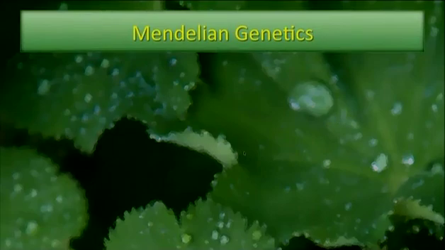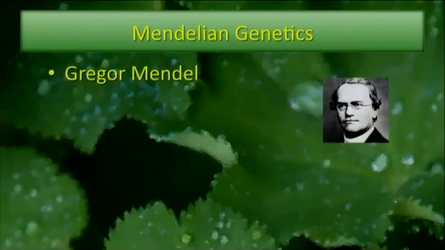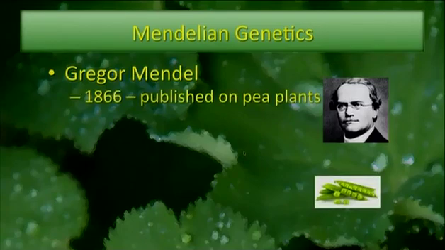Now we're going to turn to Mendelian genetics. Genetics actually originated about 20 years before its significance was known. The father of genetics is Gregor Mendel. He was an Augustinian monk who taught in the 1800s in Brno, in what is now the Czech Republic. He did a wide range of studies in physics, mathematics, and natural history, and in 1866 he